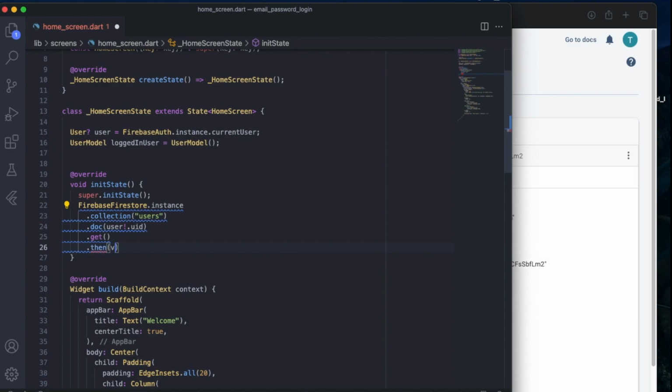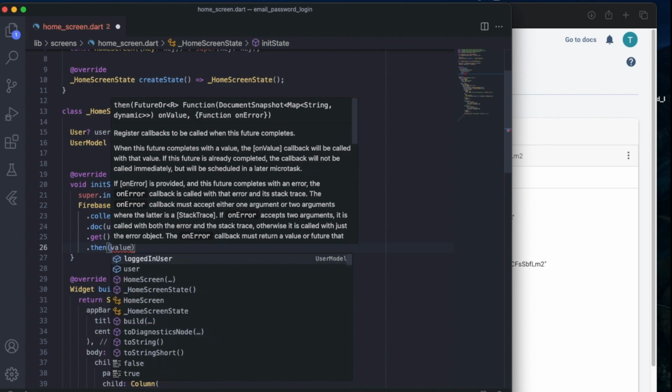We will write then values, we'll write here value,